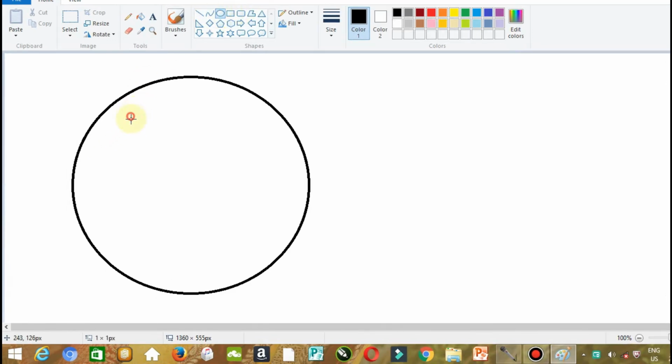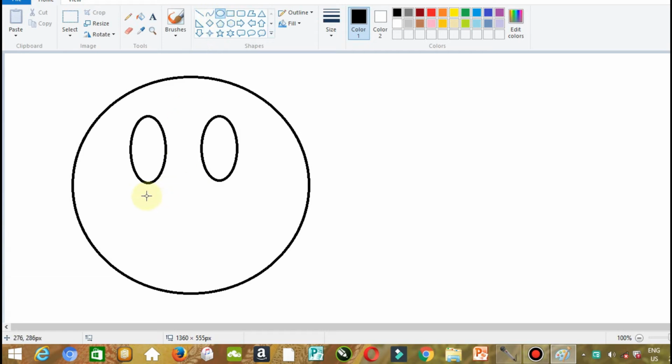So using the same oval shape, I will draw two ovals over here. This one and this one. Now, again, you will be able to see a dotted rectangle with the oval. So, till the dotted rectangle is there, you can move this oval from one place to another place. For how much time will this dotted rectangle be there? It would be there until and unless you click outside the oval. You can click inside the oval, but you cannot click outside. Once you click outside the oval, the dotted line would be gone like this.